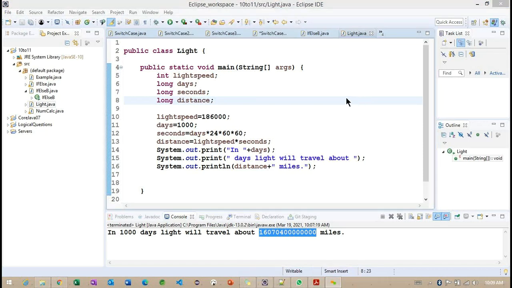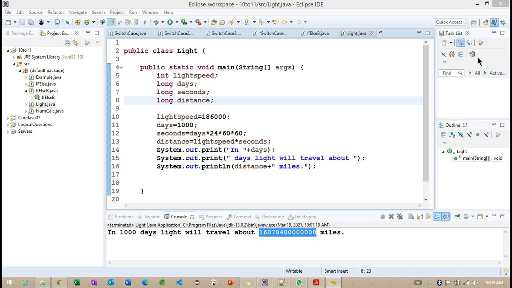First, we declare the light speed, days, seconds, and distance. Then afterwards, we are giving some value to them. Light speed is equal to something, days is equal to something, and seconds and distance. Then we are going to print the message, that is, in days. Then days is equal to 1000.